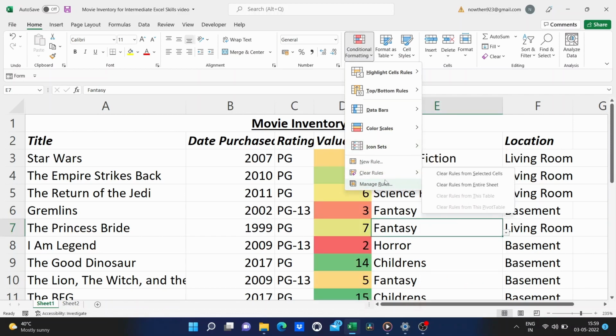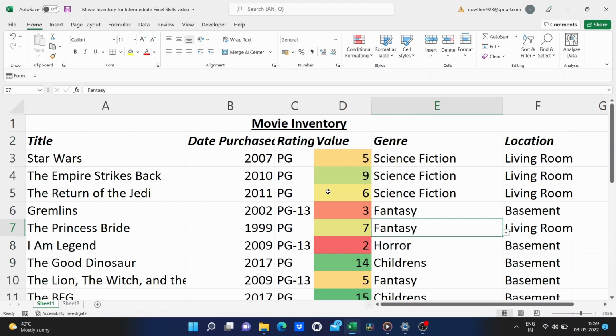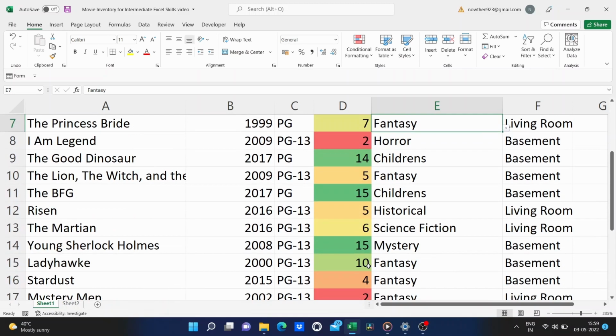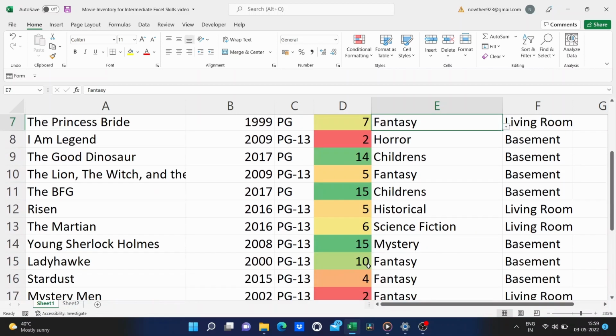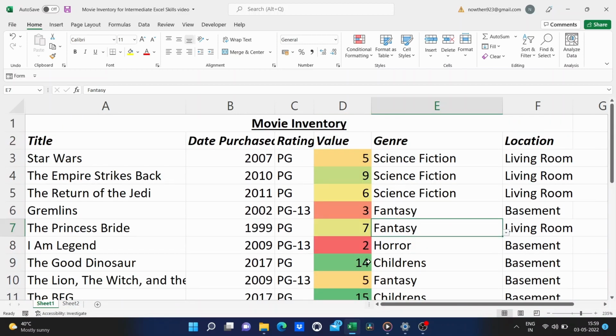Okay, before we leave formatting and move on to a few other things, I want to show you that because these numbers represent currency, I probably should format them a little differently. So I can click here on D, and everything in column D that's a number will get formatted differently.